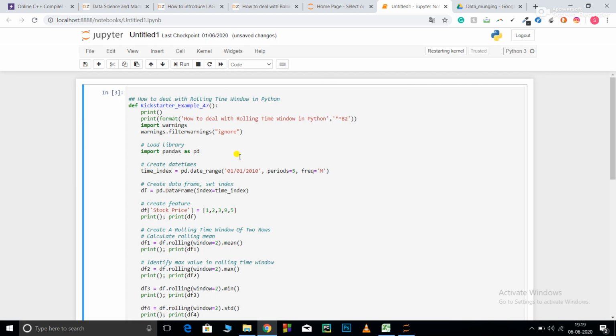So let's get started. First of all, what is rolling time and why should it be used? Rolling time is a very essential thing when you do time series analysis, for example analyzing stocks. Rolling time selects a rolling window when you pass a parameter that is a number, for example 7 or 8. It will select the first 8 numbers in each iteration.